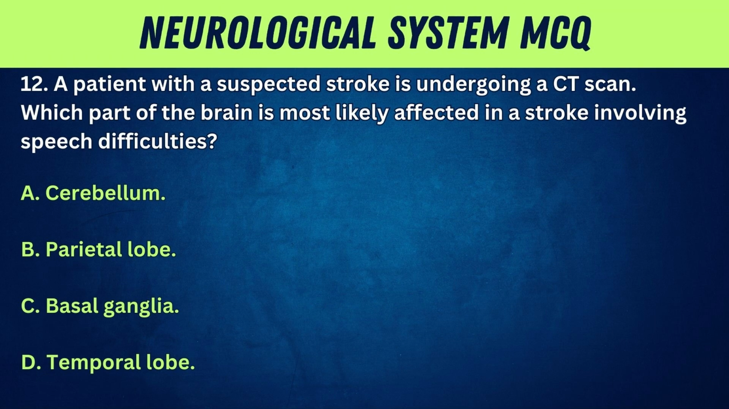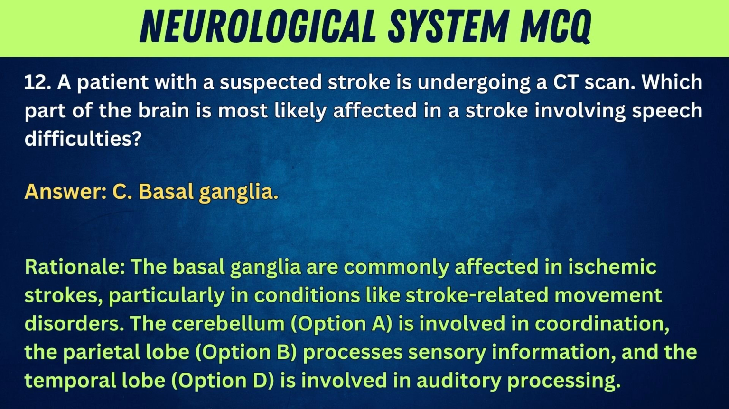12. A patient with a suspected stroke is undergoing a CT scan. Which part of the brain is most likely affected in a stroke involving speech difficulties? A. Cerebellum. B. Parietal lobe. C. Basal ganglia. D. Temporal lobe. Answer: C. Basal ganglia. Rationale: the basal ganglia are commonly affected in ischemic strokes, particularly in conditions like stroke-related movement